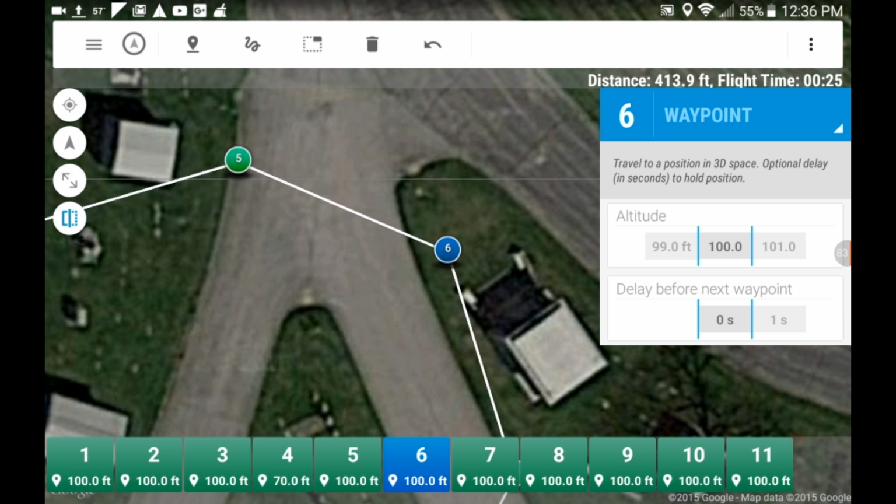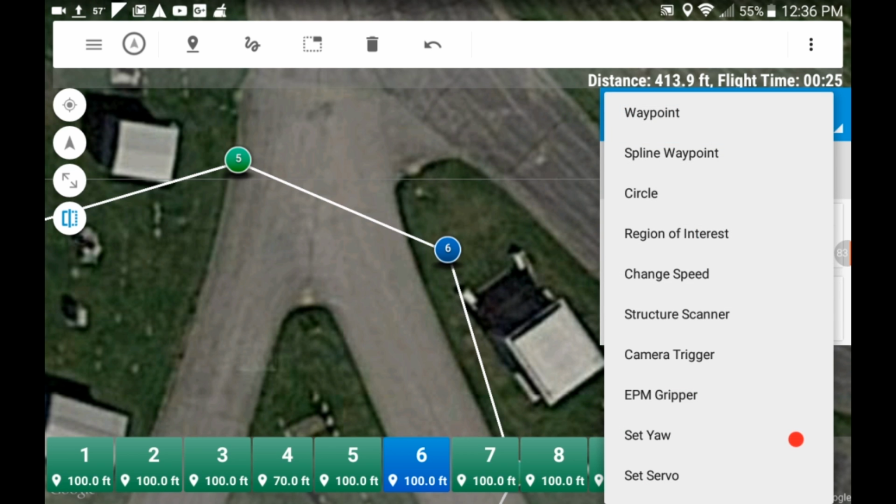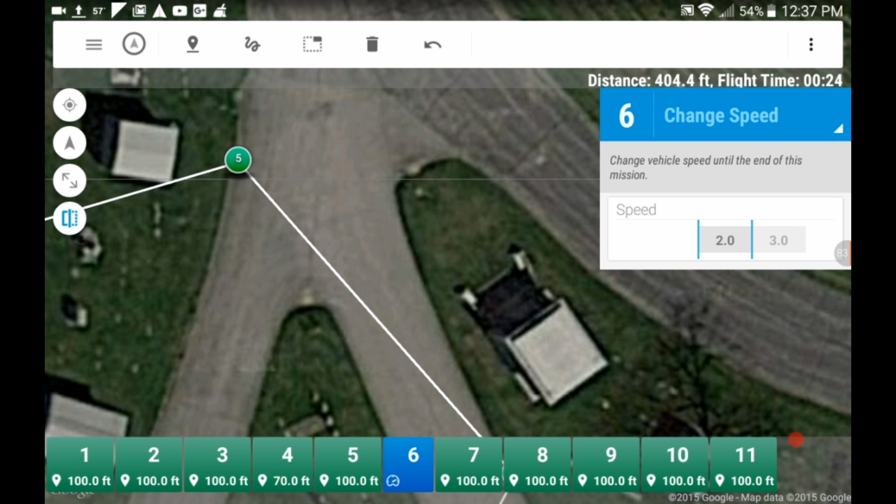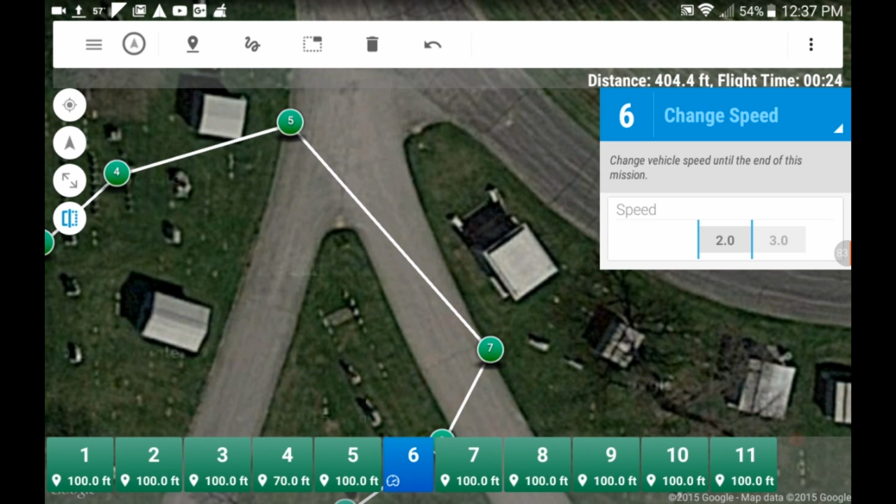So let's see. There's other types of waypoints. There's a change speed waypoint. Okay, and you'll notice it's not an actual waypoint. It's a speed change. So when Solo reaches waypoint 5, it's going to change its speed to whatever you define here. And I believe, depending on the units you have set in your preferences, if they're metric or imperial,